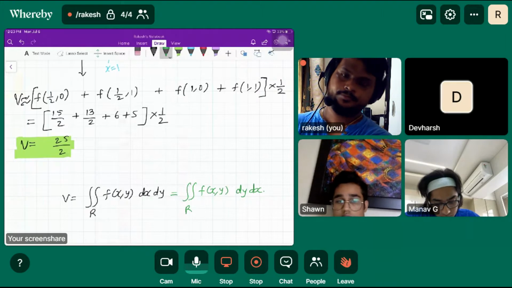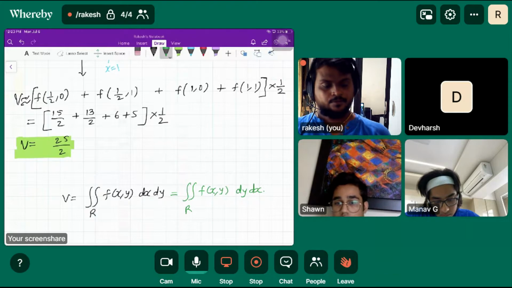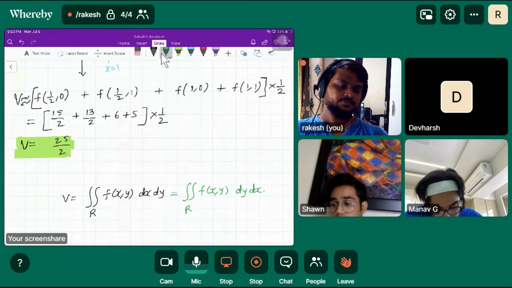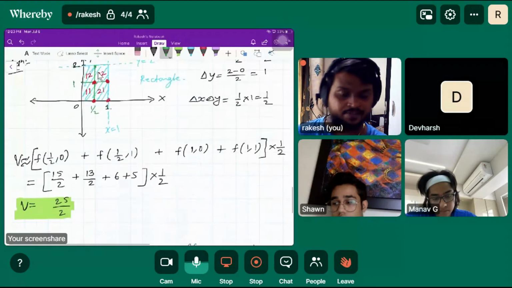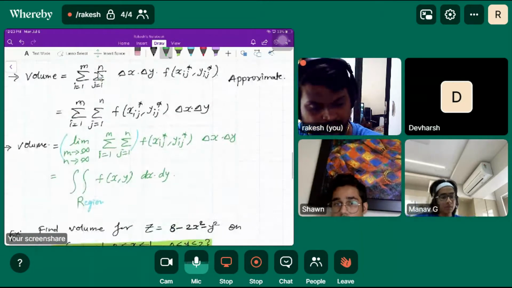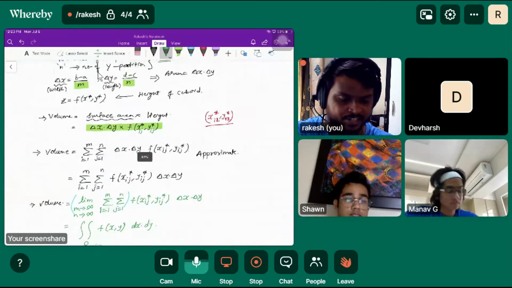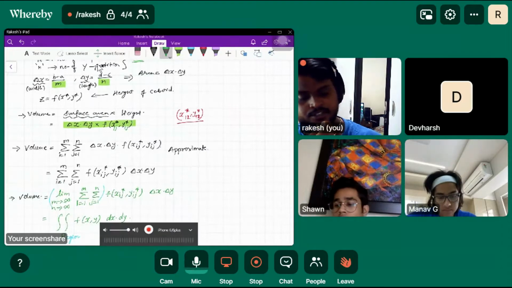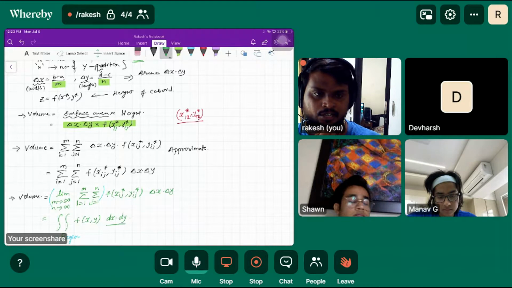So how would it make a difference? In the first term it is dx dy, the second is dy dx. Are they equal? Or can you figure out, in the diagram, when we did that by Riemann approximation, how did we enter dx and dy in the expression? Here the expression has dx dy at the end. How did we get that?